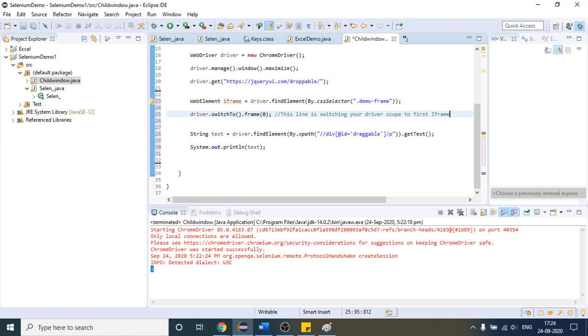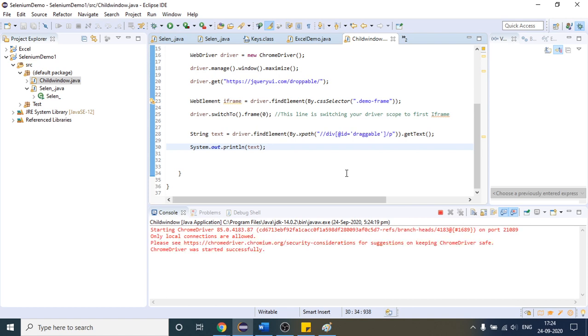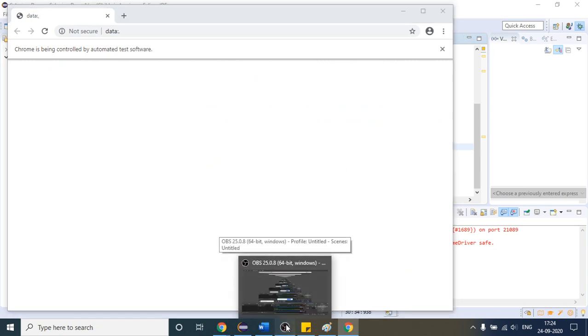So we have switched the driver scope to the first iframe, and after that we are again going to grab the text and just print it. So let us see whether it will work or not. I have started execution again. So the site is open.